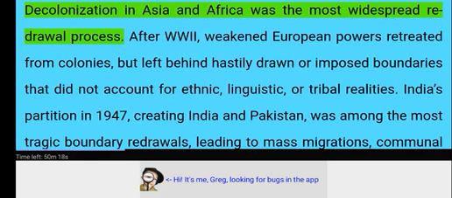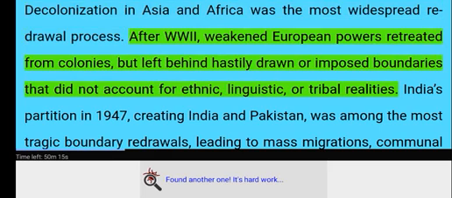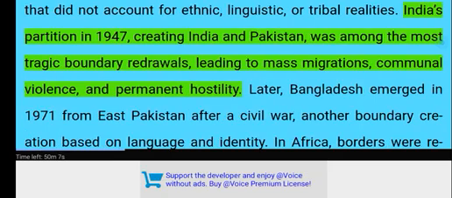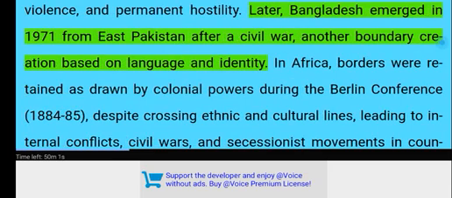Decolonization in Asia and Africa was the most widespread redrawal process. After World War II, weakened European powers retreated from colonies, but left behind hastily drawn or imposed boundaries that did not account for ethnic, linguistic, or tribal realities. India's partition in 1947, creating India and Pakistan, was among the most tragic boundary redrawals, leading to mass migrations, communal violence, and permanent hostility. Later, Bangladesh emerged in 1971 from East Pakistan after a civil war, another boundary creation based